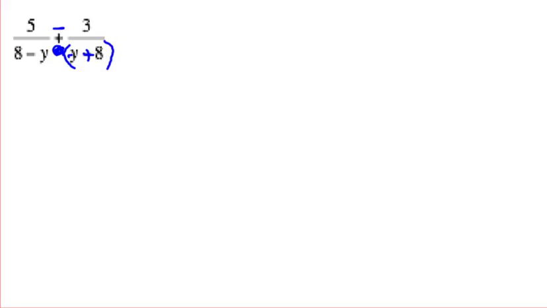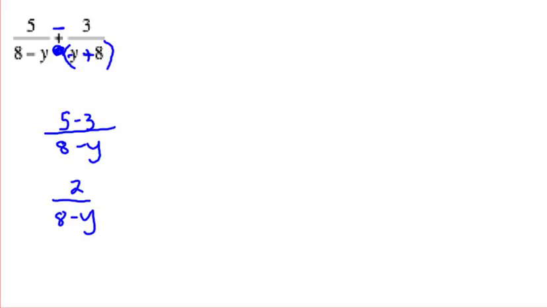which is a like denominator. So all I have to do is take that 8 minus y common denominator, and now 5 minus 3 in my numerator, because when I factored that negative 1 out, I moved it to the top so that both denominators would be exactly the same. 5 minus 3 is 2 over 8 minus y. Now, would it have been okay to change this one so that I had y minus 8? And the answer, of course, would be yes. I could have changed this one and brought my negative up here, and I would have had negative 5 plus 3, which would have given me negative 2, and I would have had y minus 8 instead of 8 minus